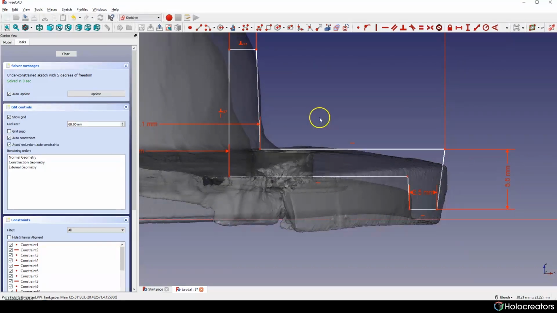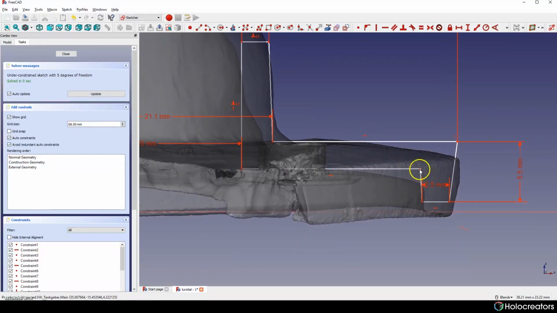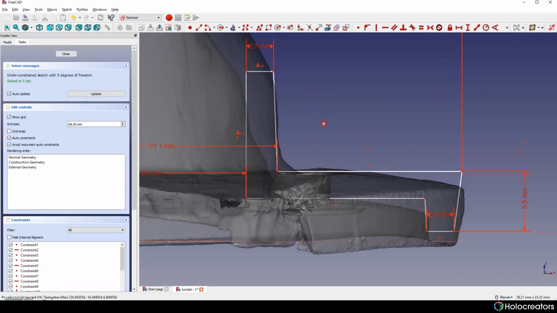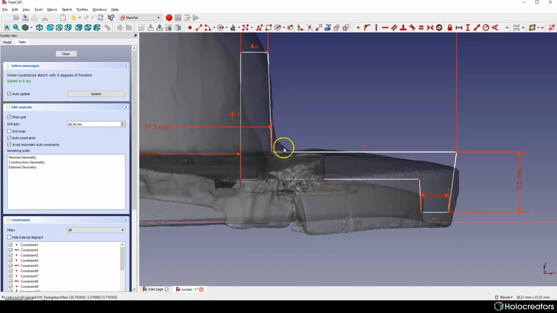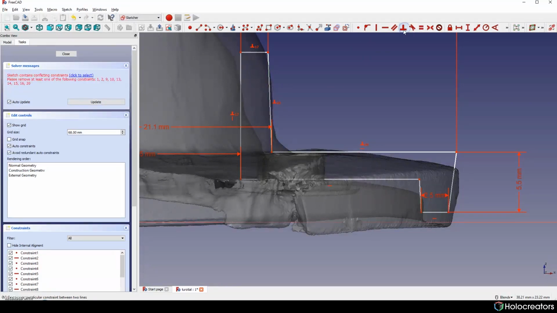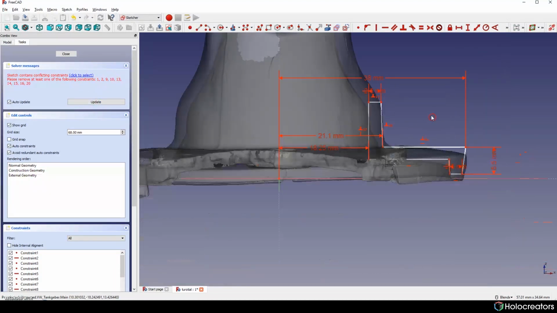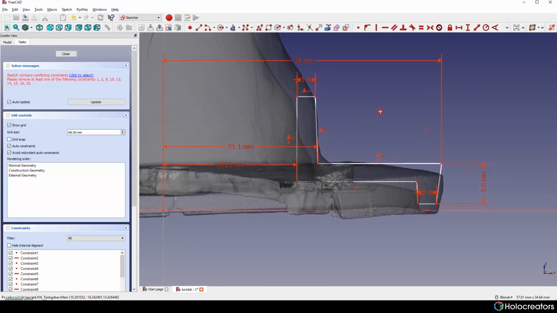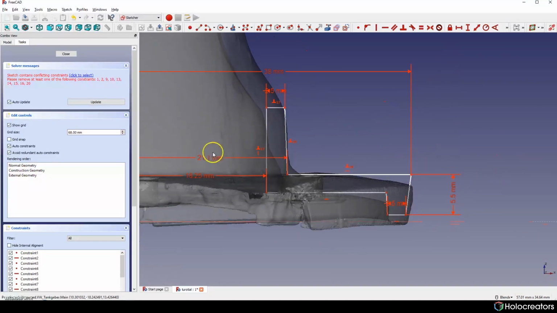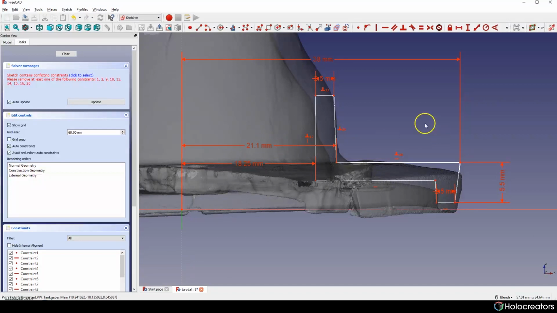Other thing that I want to make is just to measure distance between these 2 points. Also, I want to make this and this lines perpendicular. And it will show up error because we have already put this distance here.